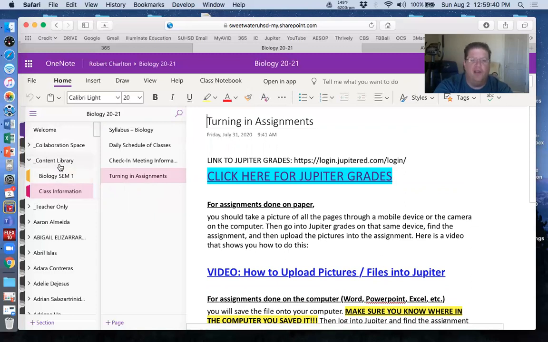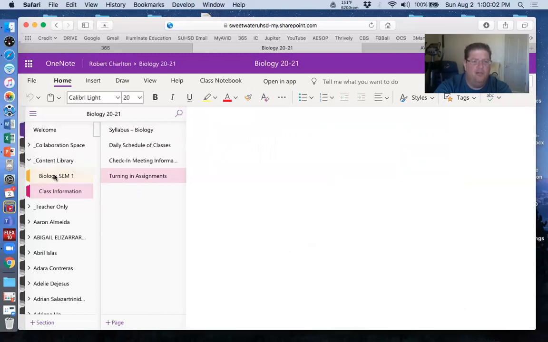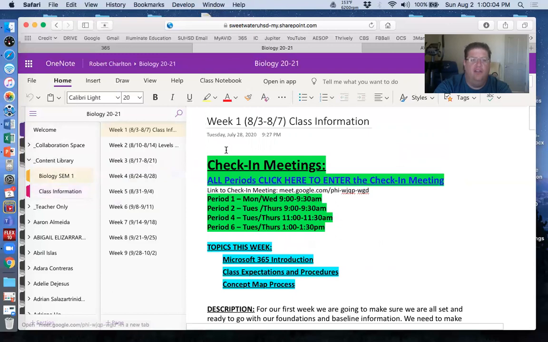So when you wanna figure out what your work is for the week, you come into this online notebook, you have access to it 24/7, and your account is already set up for you. You just have to log in and find this notebook, and I will show you how to do that at the check-in meeting, either Monday or Tuesday, and I will have a separate video that shows you how to do that too. Once you're in, you click on Content Library, Biology, and you'll see a list of